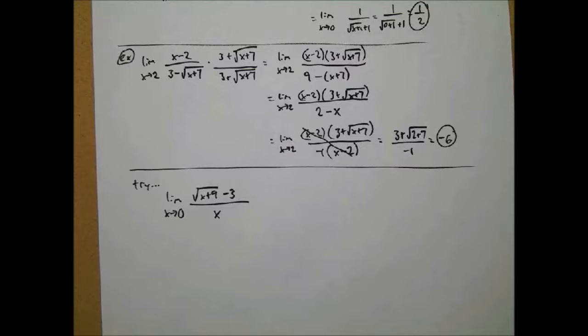Well, so no, when you multiply this together, this times this, it'll be root x plus 9 squared. So you're multiplying it by itself, for the first terms. So you just have x plus 9. Then the outer terms, positive 3 root x plus 9, and the inner terms, negative 3 root x plus 9. So the outer and inner terms are going to cancel because they're exact opposites of each other. You see that? And then the last term would be negative 3 times 3, so negative 9, so minus 9. Okay. And then the bottom is